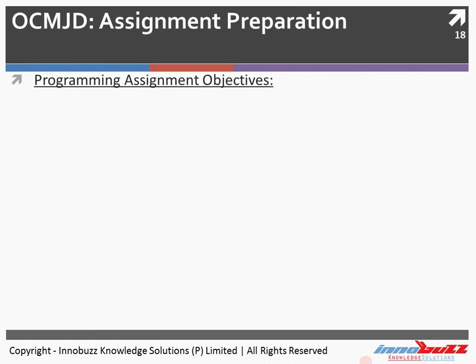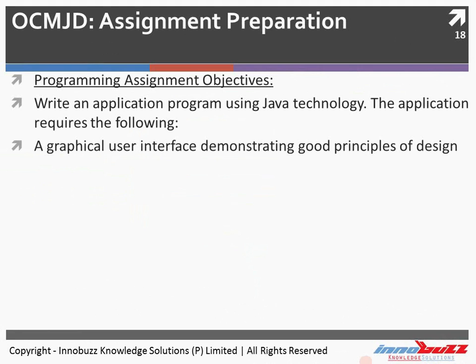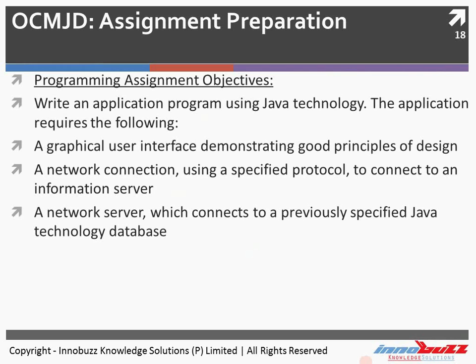The preparation required. Programming assignment objectives. Here you have to write an application program using Java technology, and the application requires the following: a graphical user interface demonstrating good principles of design, a network connection using a specified protocol to connect to an information server,